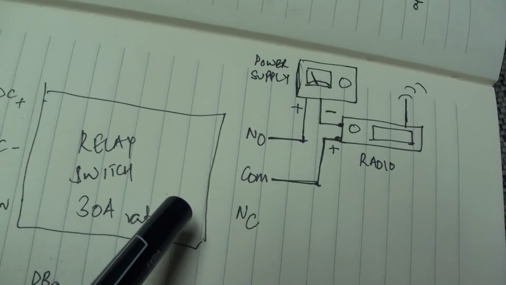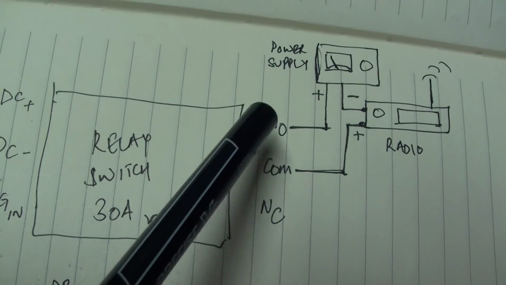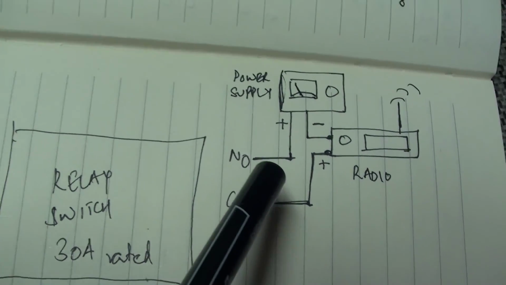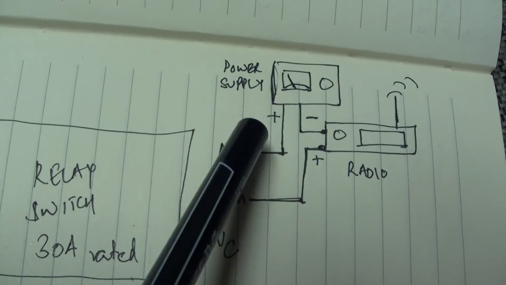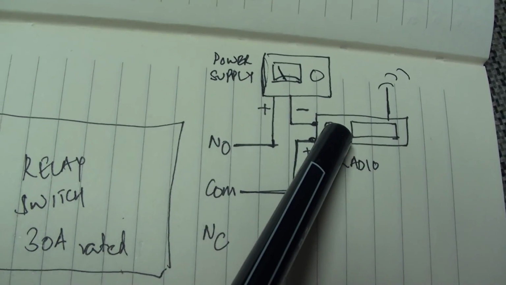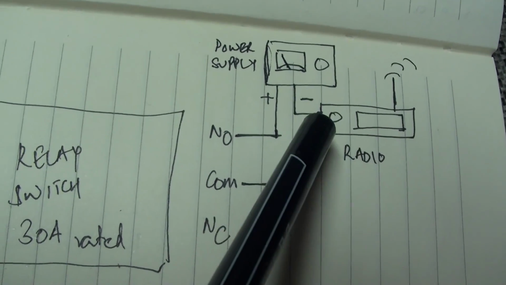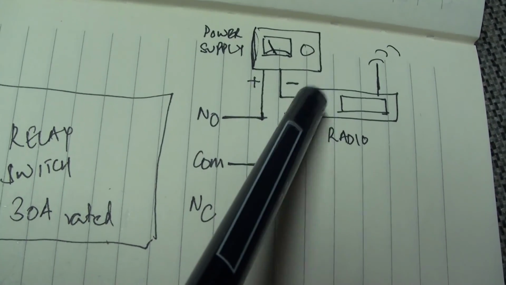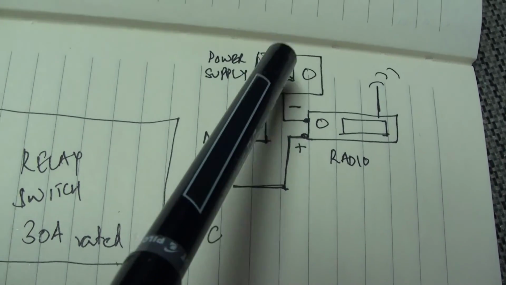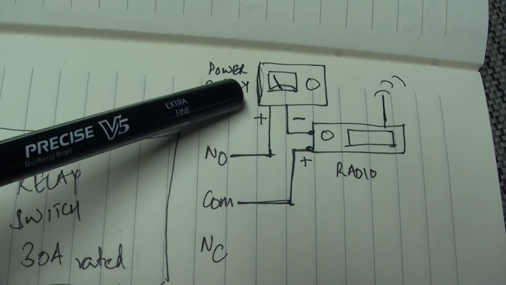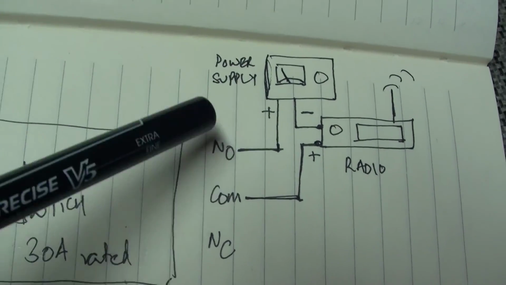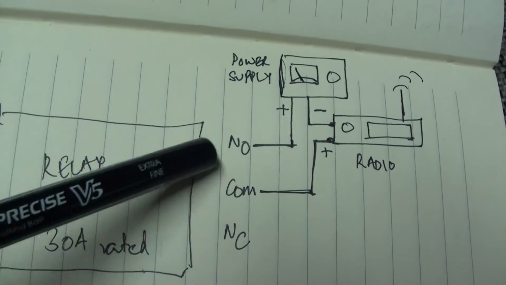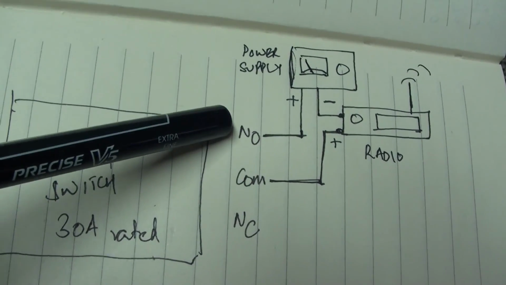On the far right here of the relay board, we have normal open, normal close, and there's a common. So the way this is hooked up is basically you would connect your radio. It doesn't matter which one that is. It could be positive or negative. In this example, I'm connecting my radio's negative wire to my power supply, and the power supply's positive goes to normal open, or you can even go to common. It doesn't really matter again. So it's connected to normal open,